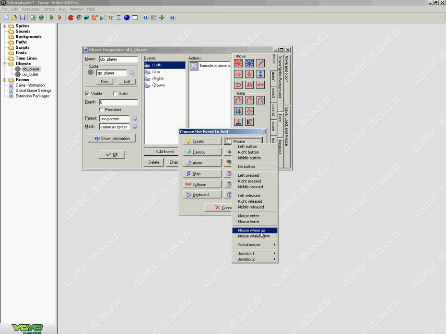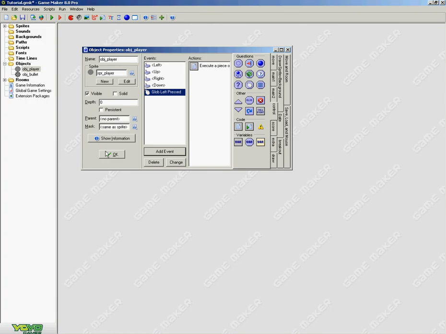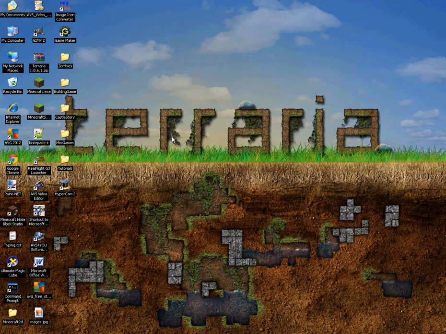Add an event and do a global left pressed. Go into your code and do instance_create, x, y, object bullet. So now we're saying wherever I am, whenever I press it, I want you to create an object bullet at that position. Instance_create is just saying create an instance, and of course put that in parentheses and end it with a semicolon. So now whenever we run our game,